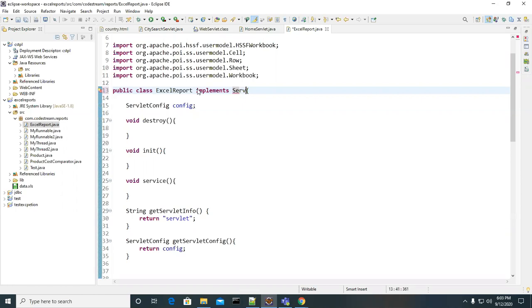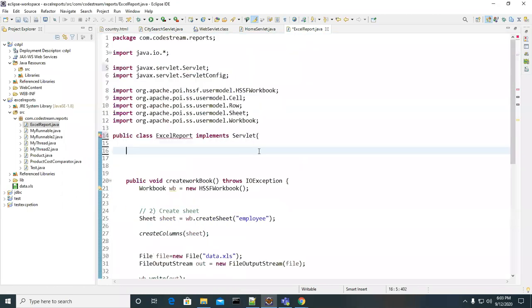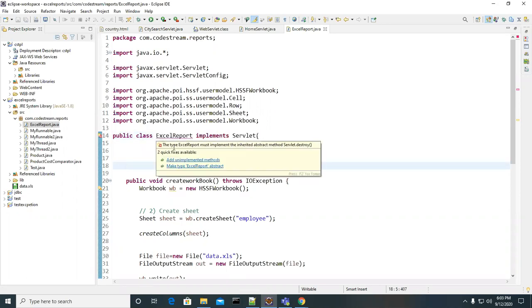Servlet interface, that's it, na? Yes, sir. So then we call it a servlet program? The Excel report is a servlet program now.